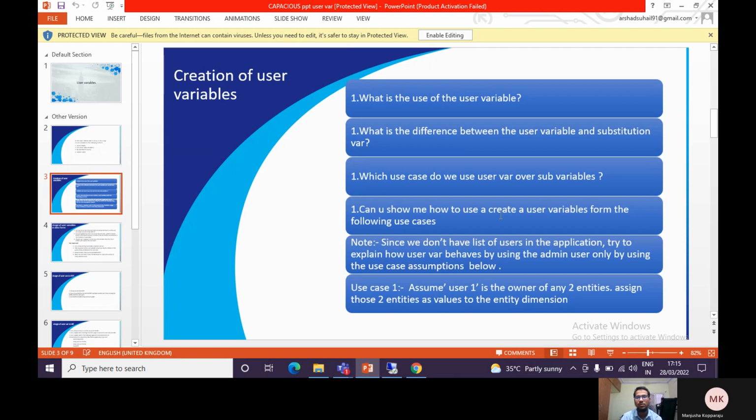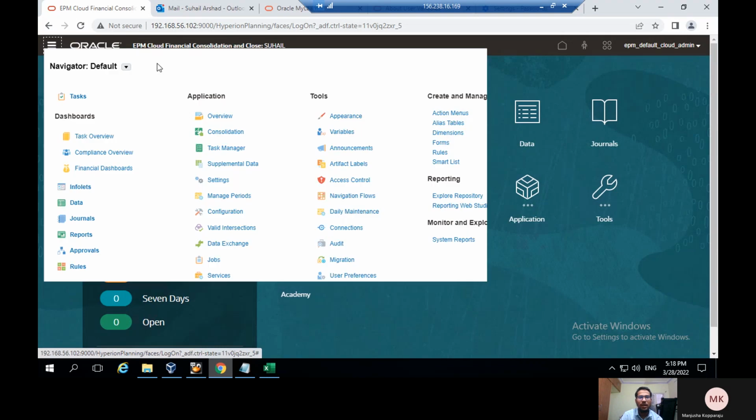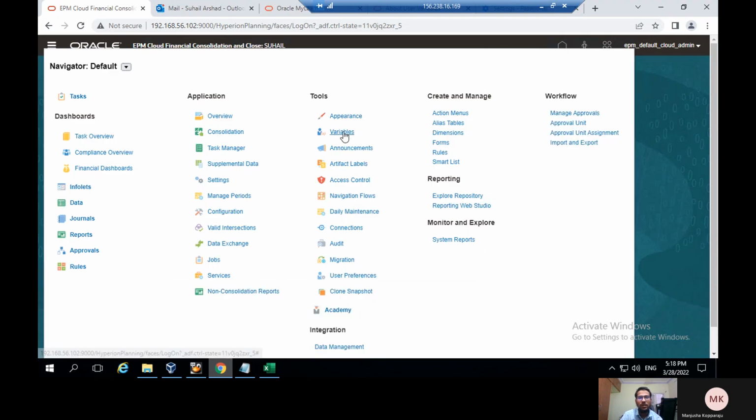Can you show me how to create a user variable from the following use cases? Since we don't have the list of users in the application, try to explain how user variable behaves by using the admin user only, using the use case assumption. Use case one: assume user one is the owner of two entities, assign those two entities as value to the entity dimension. Coming to the navigation part, we'll go to the variable card,